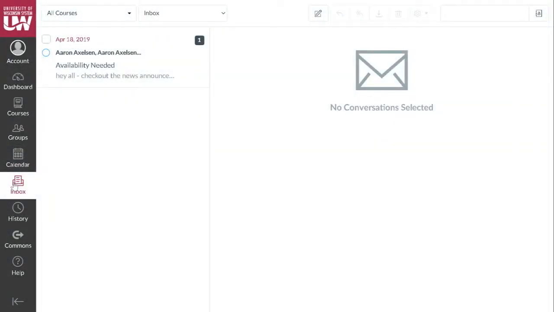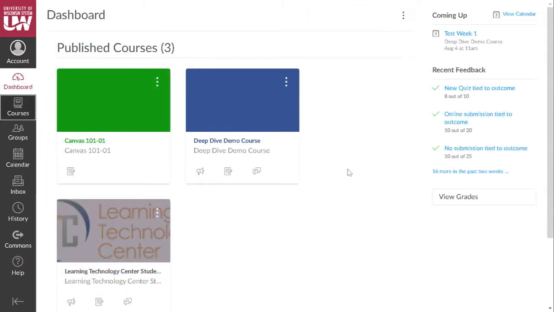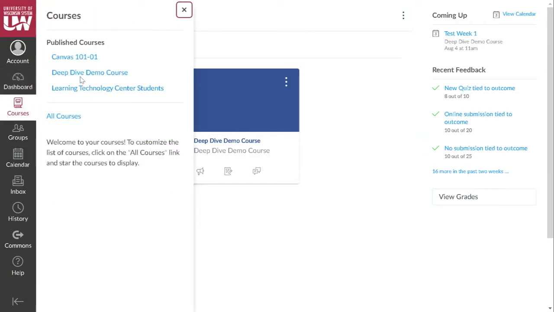Inbox. Your inbox displays all the messages from instructors, course announcements, and can be utilized to communicate with instructors through Canvas. Lastly, the Help tab. The Help tab offers a variety of options to assist you with your issue. Here, you're able to communicate with Canvas support or view other troubleshooting options. To get to a course homepage, you can either click on the icon in the dashboard or use the Courses tab and click on the course name.